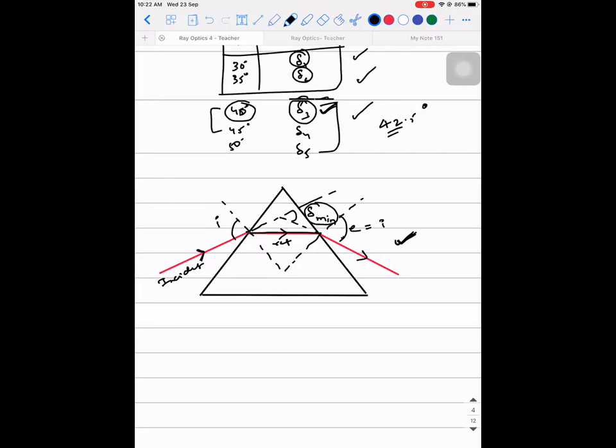Are you guys able to understand or not? I want some response. Yes, sir. Right? So what are all the things that will happen? The angle of incidence will be equal to the angle of emergence, and the refracted ray will be parallel to the base. And lastly, R1 and R2 will also be the same. R1 is equal to R2. Angle of incidence will be equal to angle of emergence. And in this scenario, delta will be minimum.